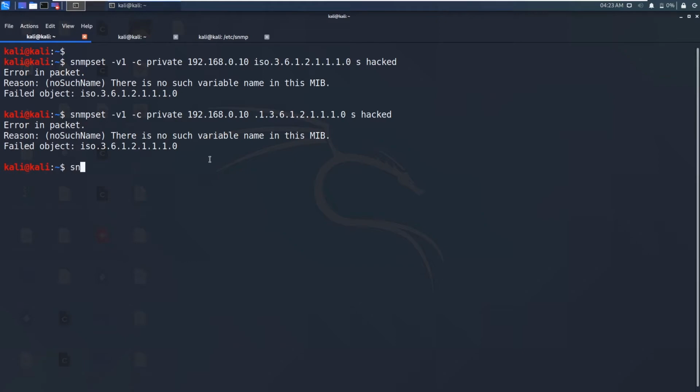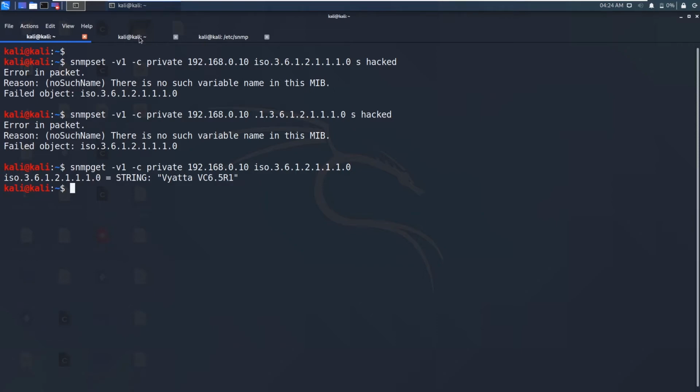But this is a valid object identifier. We can do snmp get to get the value of that object identifier. It's version 1. And now we need to specify the object identifier. If I hit enter, now I will get the string Viata VC65RY. So I don't know why snmp set is not setting the value, but I think in the older Kali Linux version it works perfectly. So we have seen the snmp walk, set, get.